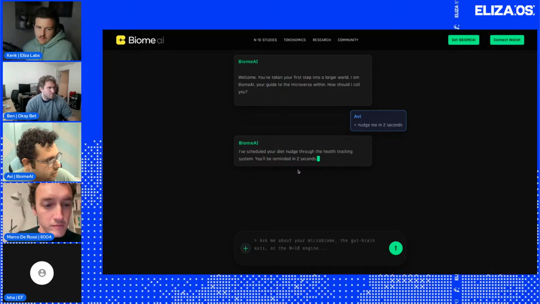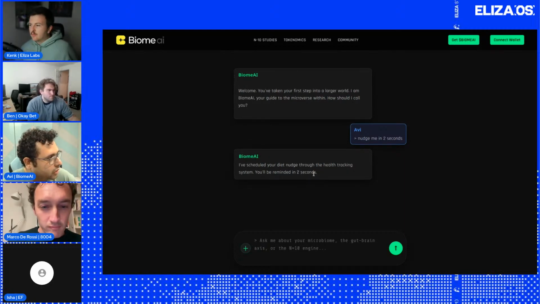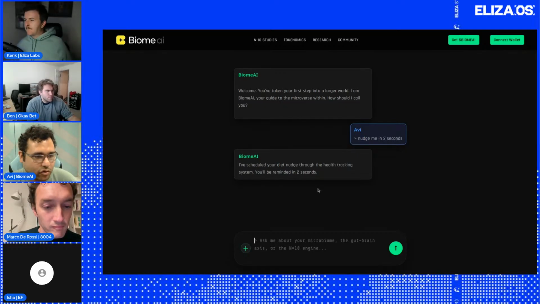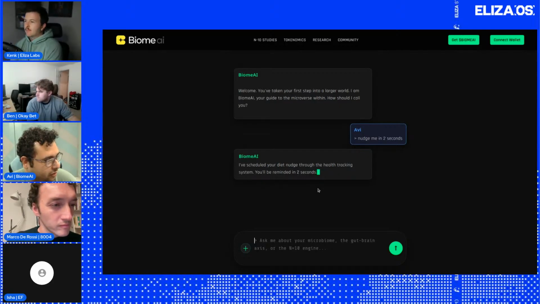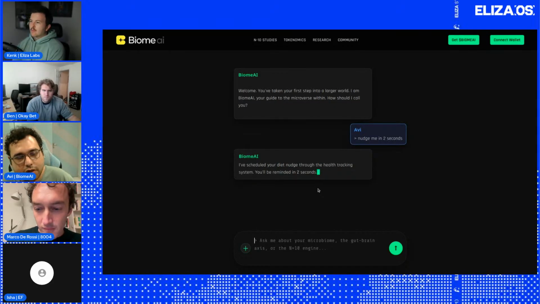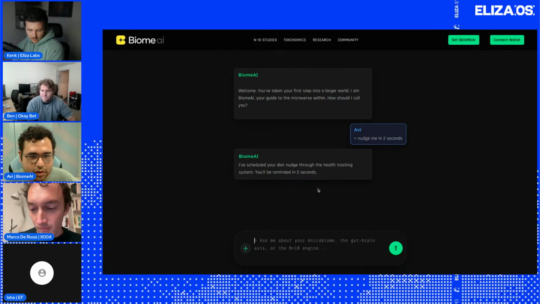Yeah, so this is how we are planning to integrate a notification system. Currently the browser's permissions are not given. It's going to give you a notification on the top right corner. Currently the permissions are not there, so it's not showing, but that is how we are planning to integrate this feature. The feature is also built in to check on the user every 8 hours, 16 hours, and 24 hours, so it always tries to keep track of how the user is doing.